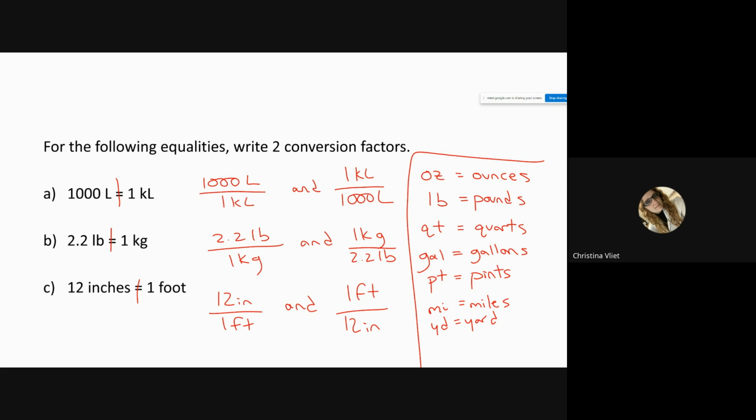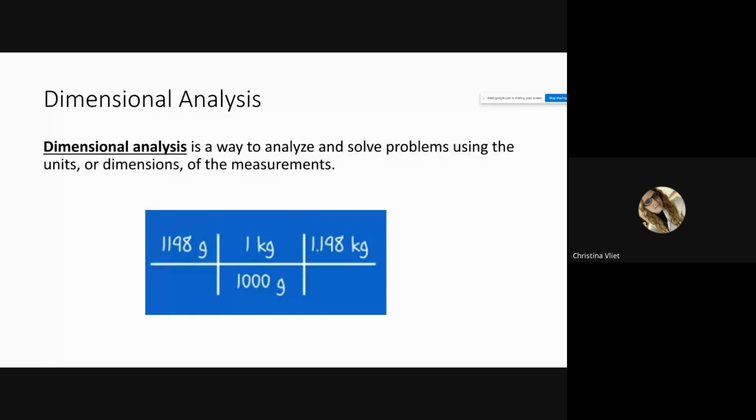So far, so good? All right, so now that we went over that, let's get to the strategy. This is what you're actually going to be following and using for the next several class periods. It has a fancy name, and some people absolutely hate this, but it is something that you do need to get practice with. It's an essential skill that you need to practice. It's called dimensional analysis. Usually I would have you write down the vocab, but you have it printed in your notes. It is literally a problem-solving method. All it is canceling units